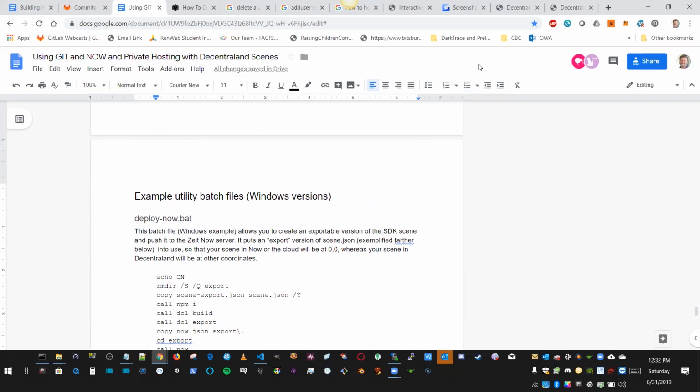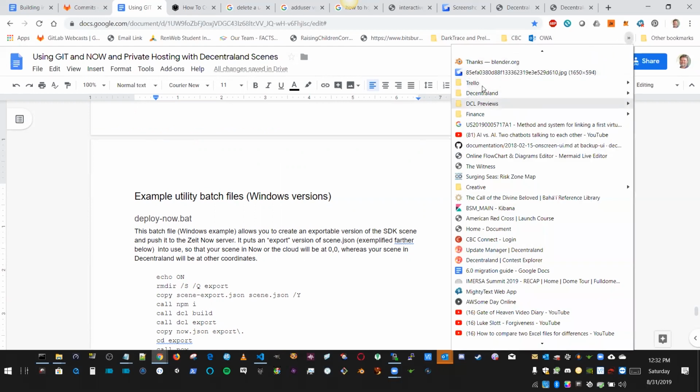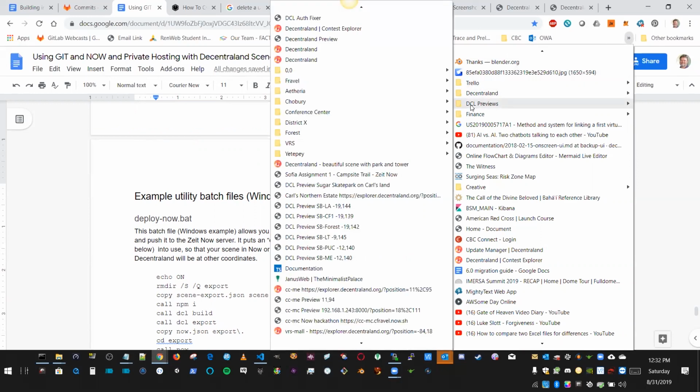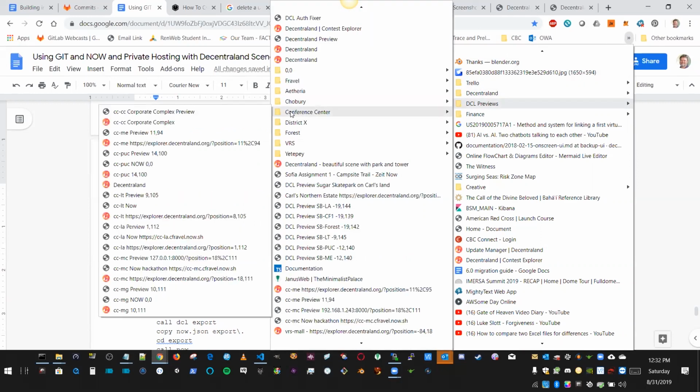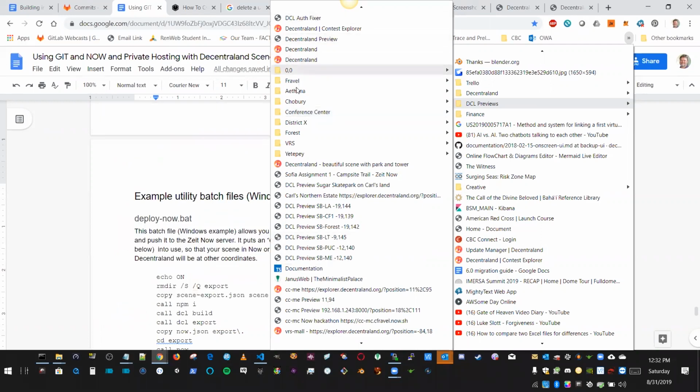when I'm actually building it and on the way to deploying something into the world, I'll actually work at the world coordinates. And what I do to manage that is I keep some bookmarks in a folder on my bookmarks called previews. Like for example, for the conference center, I have different scenes and I have the URL for when I want to preview it with DCL start, but with parameters, I mean with coordinates, and